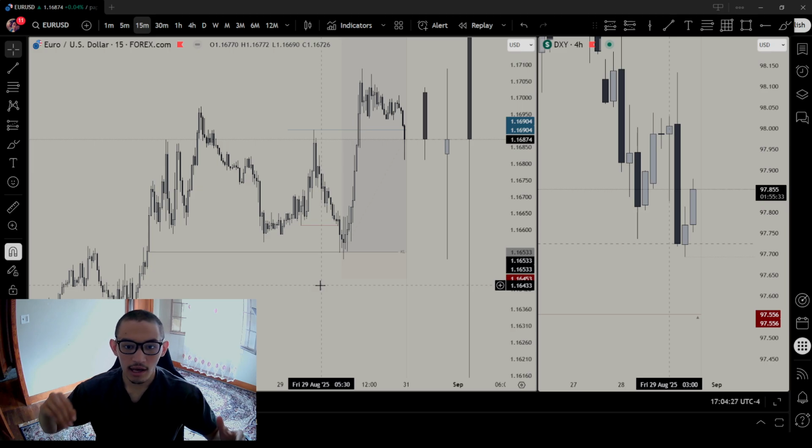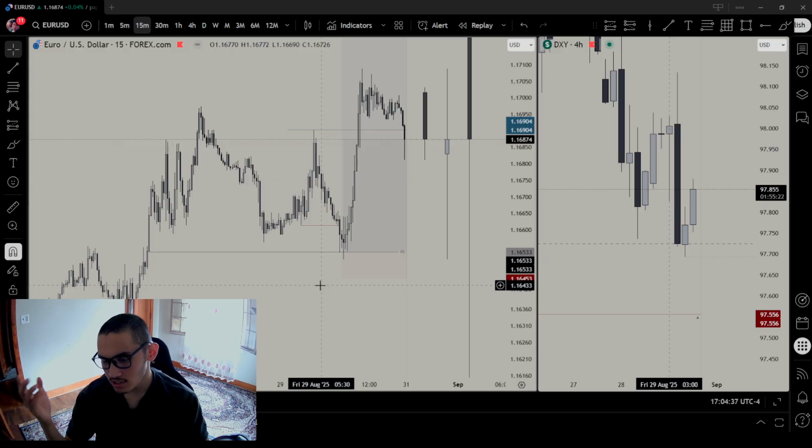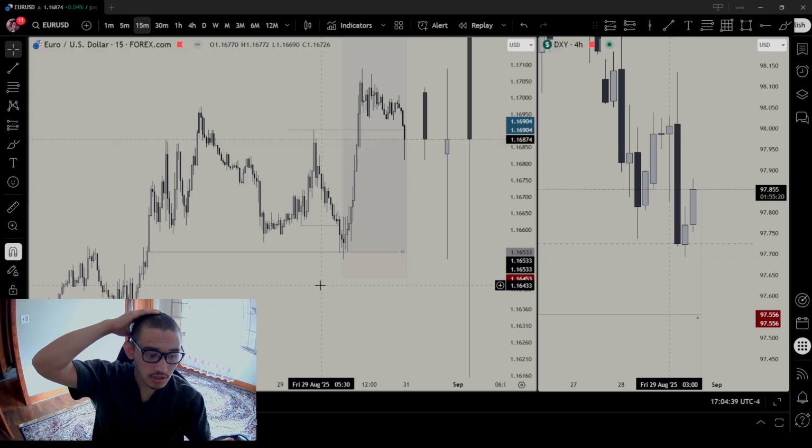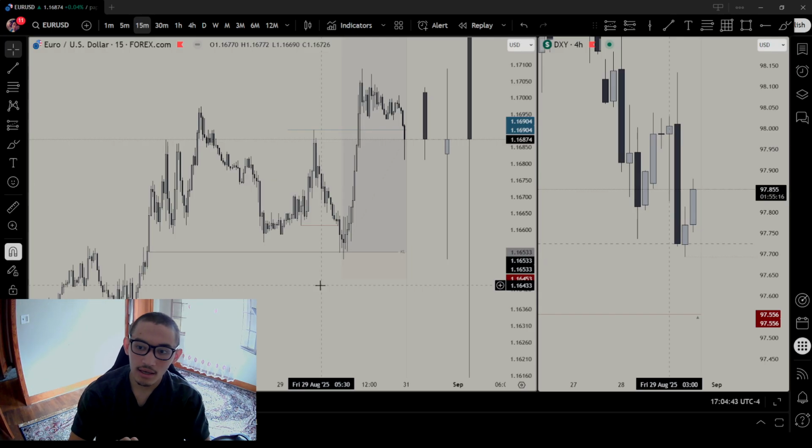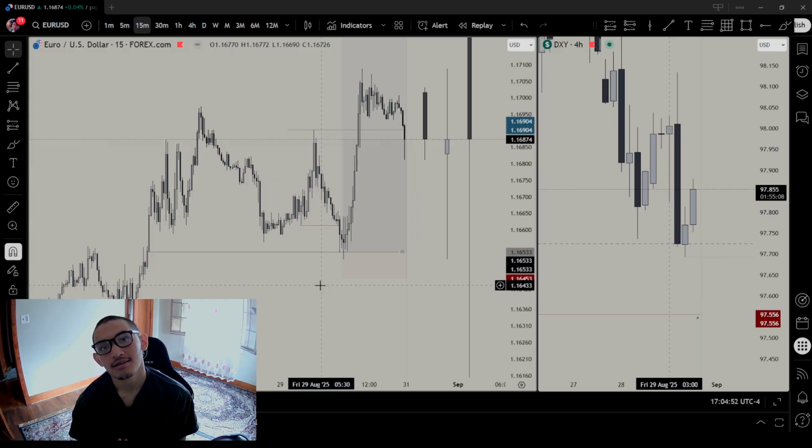So let's just say you have the right position sizing, you have the right risk management. No, not risk management. Let's say you have the right psychology, the right edge, and you have the right... But you have the risk management wrong. What's going to happen? Yeah, it's going to mess up. You're going to fail. So everything matters.